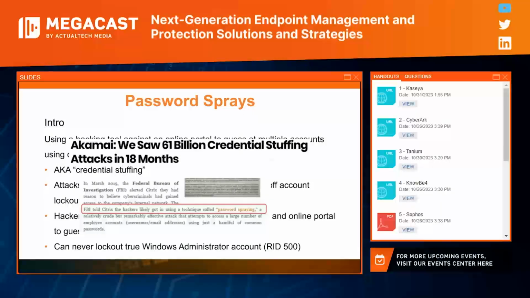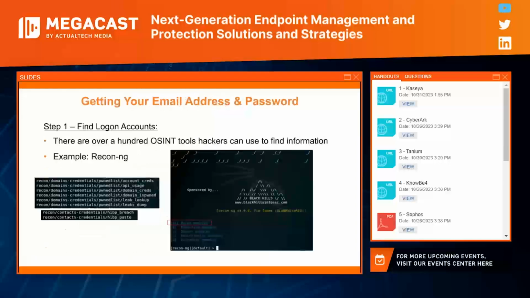When Citrix got broken into last year, the FBI told Citrix the hackers likely got in using a technique called password spraying. Many organizations were compromised this way. Again, the first step is that the attacker has to find out as many login names as they can. They can use a bunch of different tools, especially open source intelligence tools, to